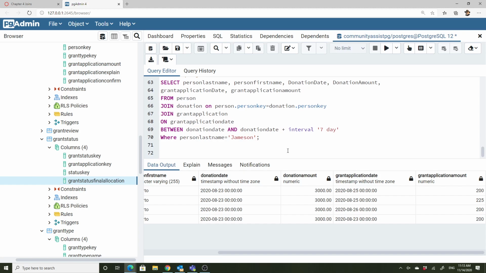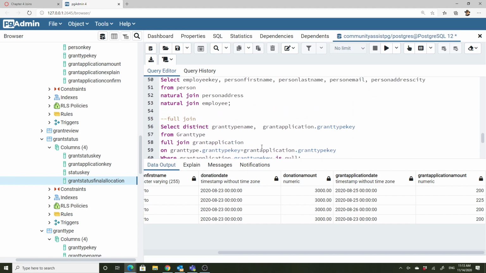All right. I think that's it for joins. Read the chapter. There's a lot more in the chapter than what we covered here. But we covered the basics. All right. So closing out the